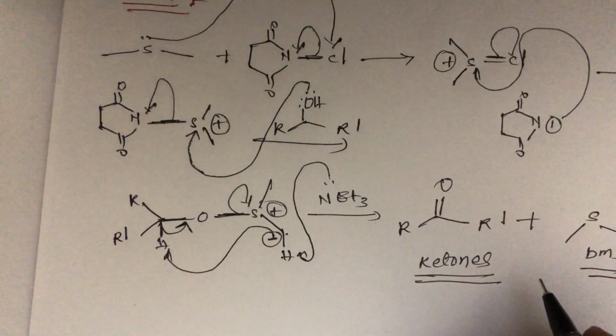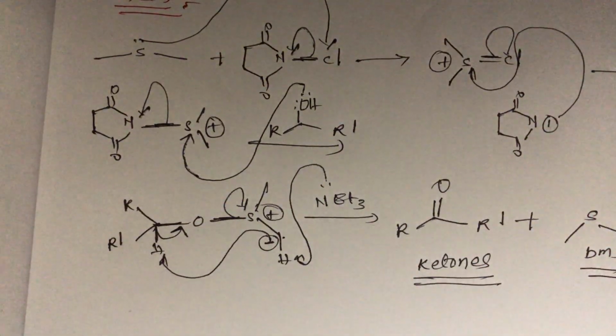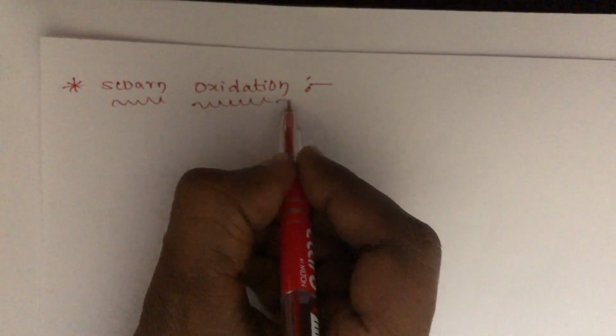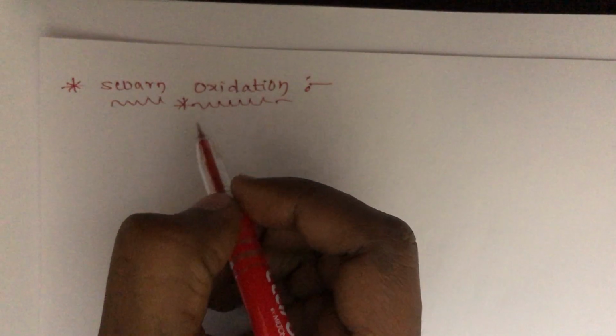This is the reaction of Corey-Kim oxidation, and we'll move to one more reaction, that is the Swern oxidation. This is the most important reaction. Every time they are asking this question regarding the Swern oxidation. So in this DMSO, Swern oxidation is important. Did you observe that in any mechanism regarding this DMSO, it is also the same common reaction mechanism